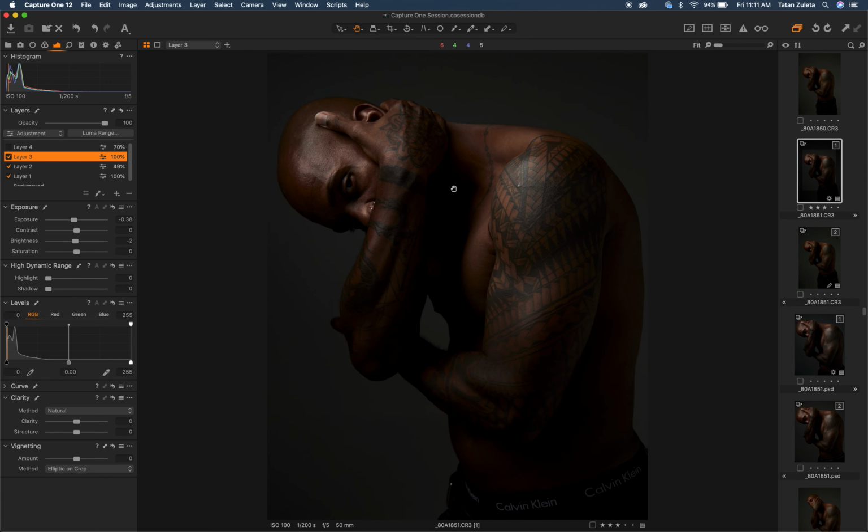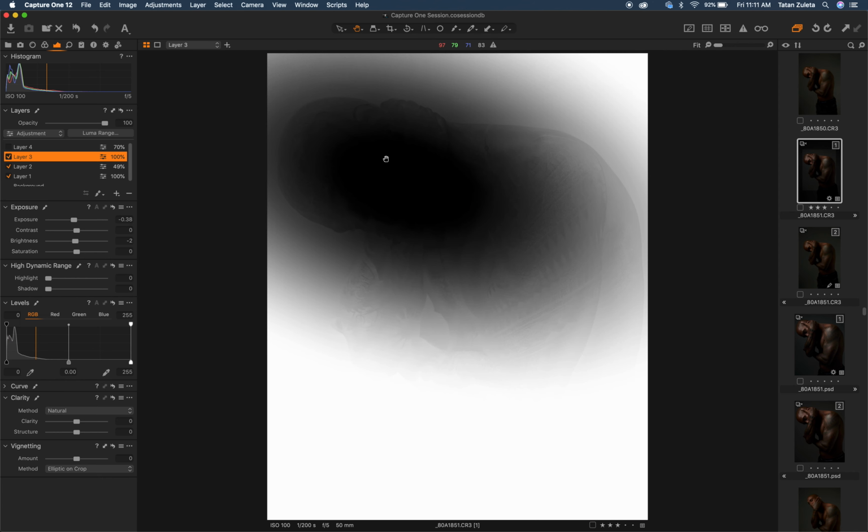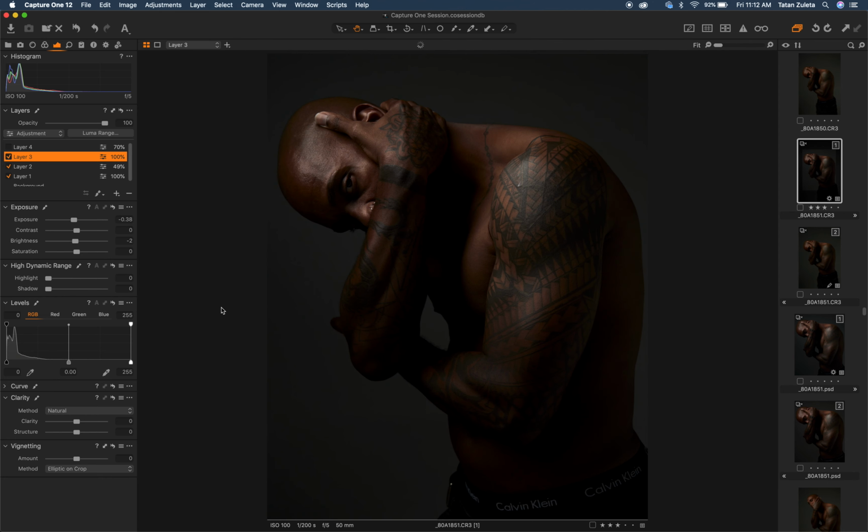On layer 3, I did a radial gradient on the image, so I could focus on this area and turn to dark the rest of it. Right now you probably won't see it well, but if I turn to a different mode, you can see actually what is being affected. This is a refined mask, so certain areas are out of the effect and then it just gradiates out of it. The last layer is a